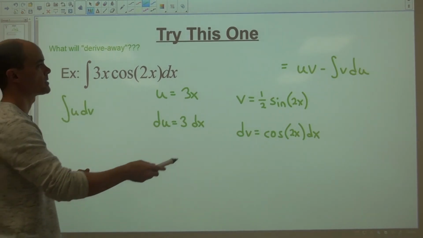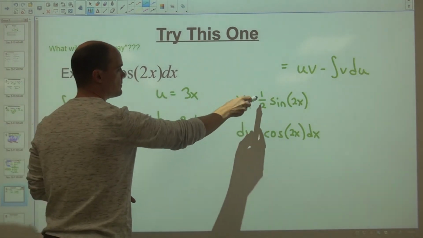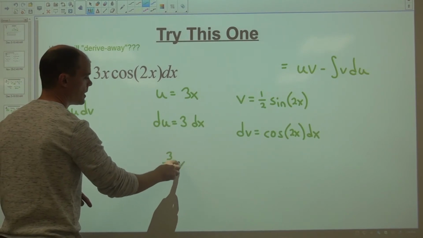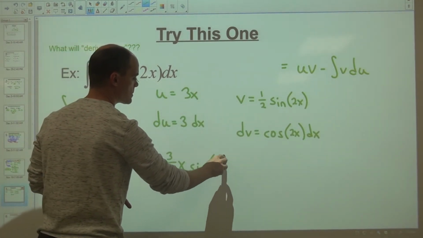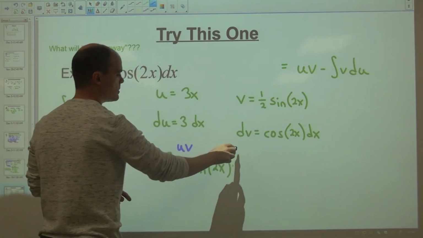So let's fill in the blanks. I need to fill in those blanks. So u times v is going to give me 3 halves x sine of 2x. That's uv minus,